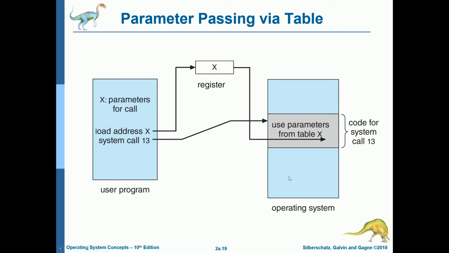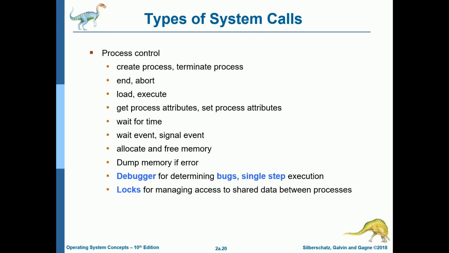Here's an example of how a user program can load a parameter into a register and then call one of the system calls and use it. Now, just like before, there are several classes of these system calls. One of them is process control, and this involves creating and terminating processes, also ending or aborting them, loading and executing them, getting process attributes and setting the attributes, waiting for a certain period of time or an event or signaling an event, allocating and freeing up memory, dumping the memory if there's an error,